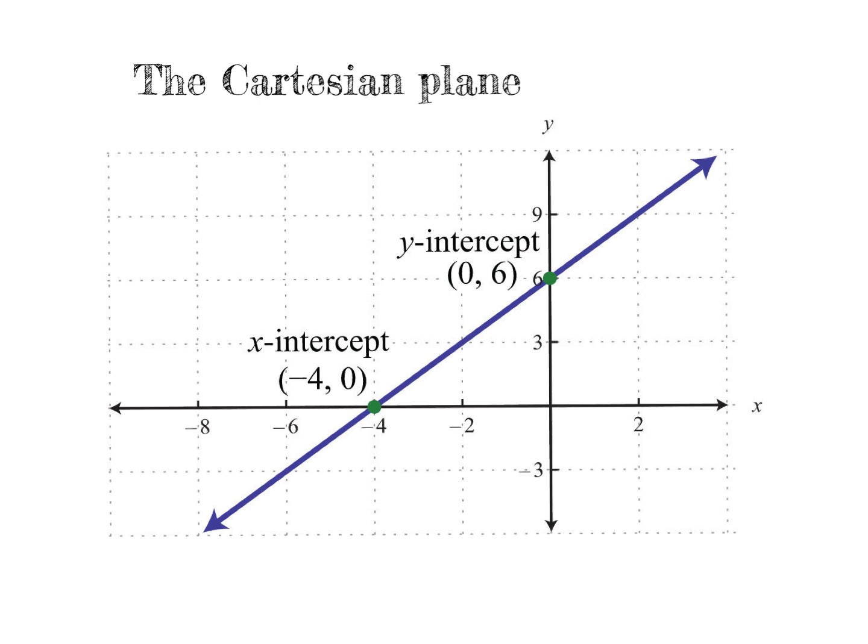So let's have a look at the Cartesian plane. Hopefully you know that this is the x-axis and this is the y-axis. So here we have a graph that is drawn, and you will see these two important words that you need to know. The x-intercept, which means where the line cuts the x-axis, and the y-intercept, where the line cuts the y-axis. We can also write a set of coordinates, and remember that when we write coordinates, we always write the x-coordinate first. So at the y-intercept, my x-coordinate will always be 0, and my y-coordinate will be wherever it cuts